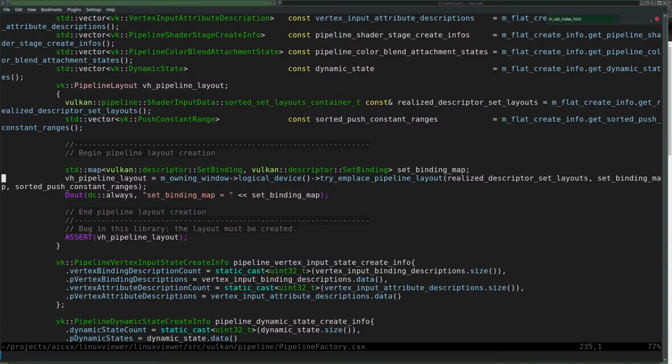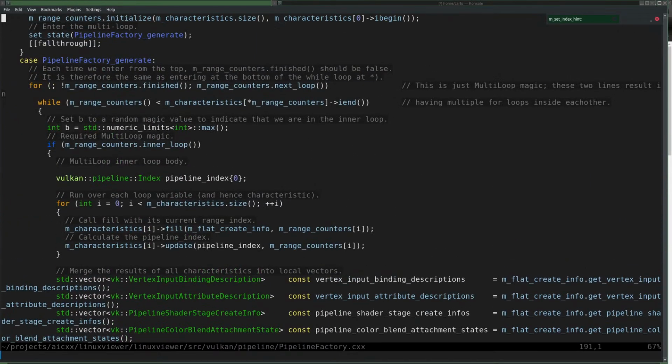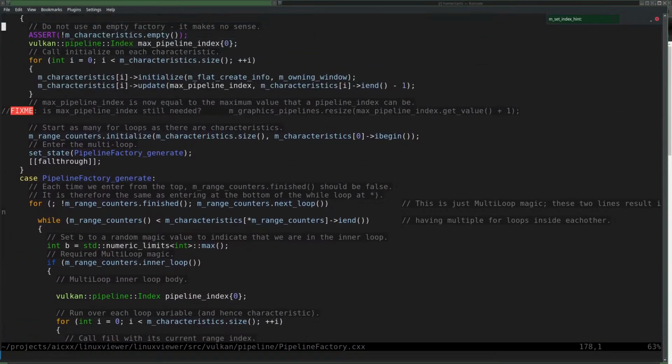Yeah, and assert happens in this line, which is in pipeline generate. Pipeline factory generates.